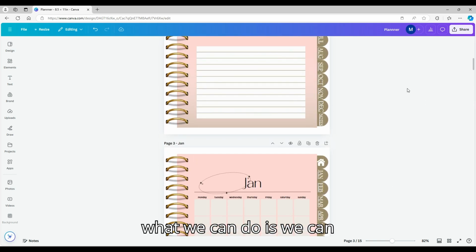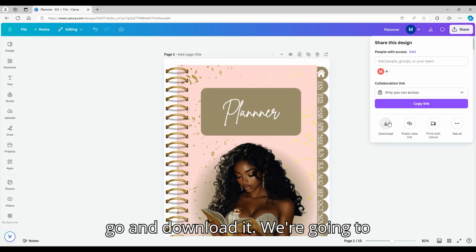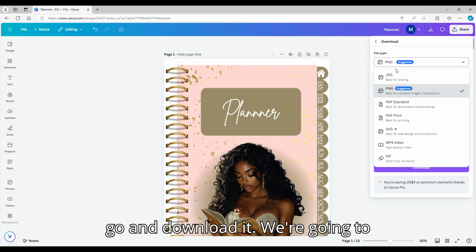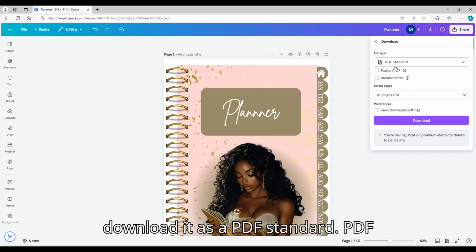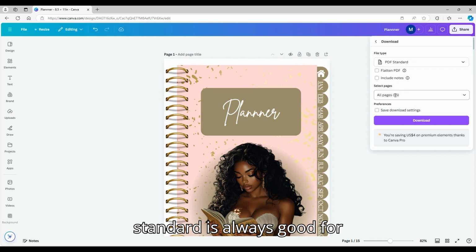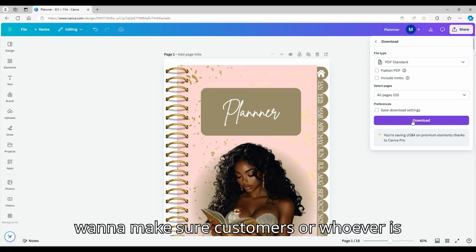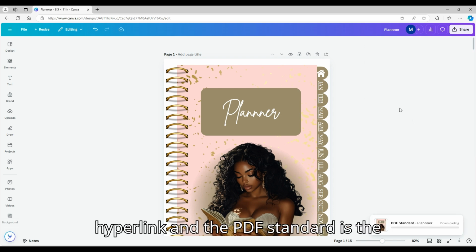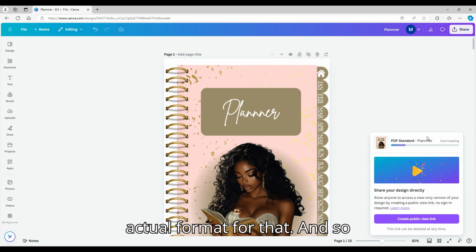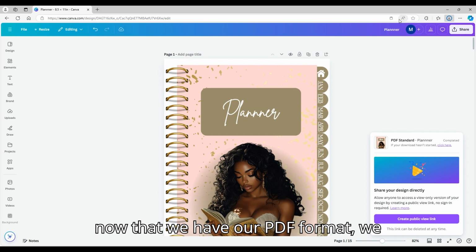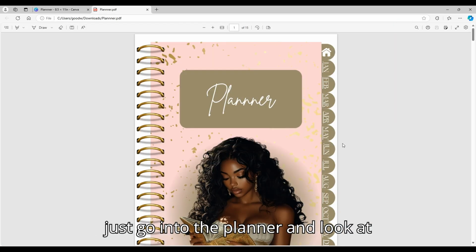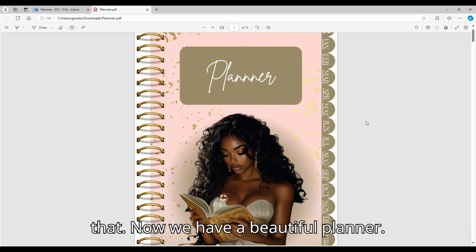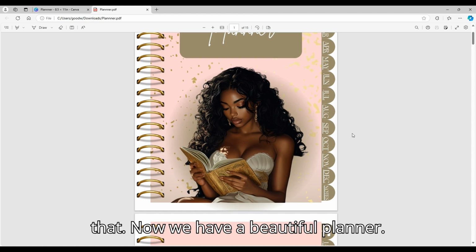what we can do is we can go and download it. We're going to download it as a PDF standard. PDF standard is always good for files that have hyperlinks in it. So we want to make sure customers or whoever is receiving it is able to click on the hyperlink, and the PDF standard is the actual format for that. And so now that we have our PDF format, we just go into the planner and look at that. Now we have a beautiful planner,